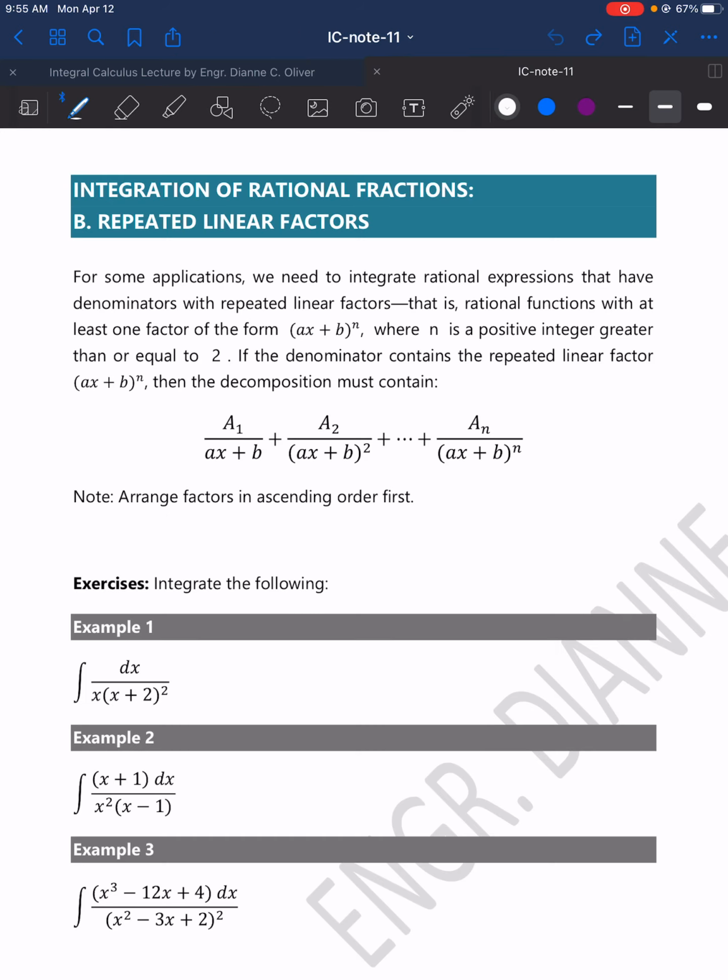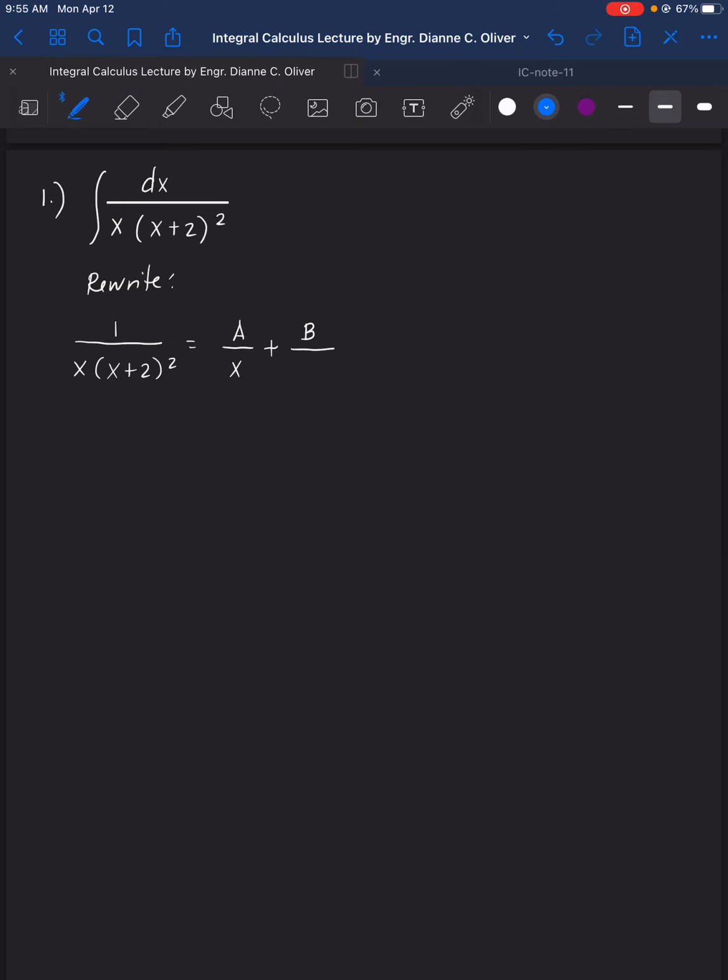Although in the lecture we use a sub 1, a sub 2, we can still use a, b, c, and d as constants. Okay, so here b, and the denominator here is